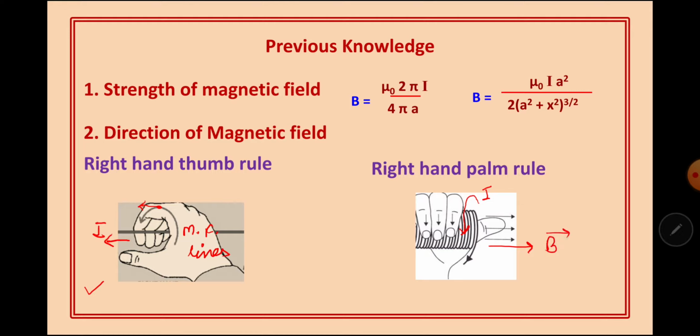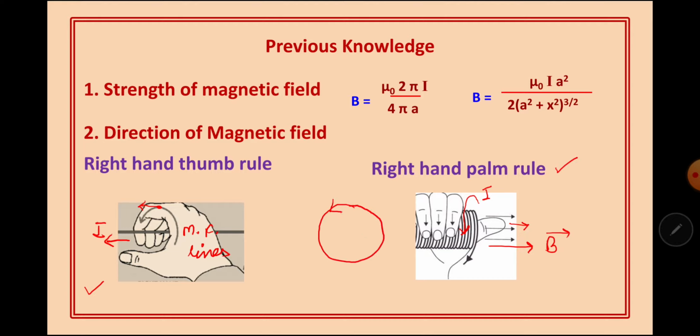Now students, what you have to be careful about, this rule is a specific rule. Number one, it is applicable only on the closed loops. Number two, it will give you the direction of field only in the interior of the loop, because we know the direction of field for any current carrying conductor keeps on changing. So if we are getting the direction in terms of direction of thumb, that is only a single direction. Therefore, this rule is only specific, it is only applicable for the situation when we are considering the field only in the interior portion, particularly at the center.